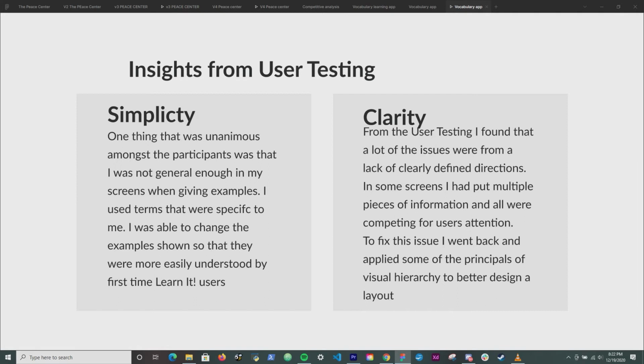towards trying to understand these UX terms, or come up with definitions for these acronyms that I had put in. So I changed the UX specific terms and labels to more general, well understood definitions. The second insight was that I needed